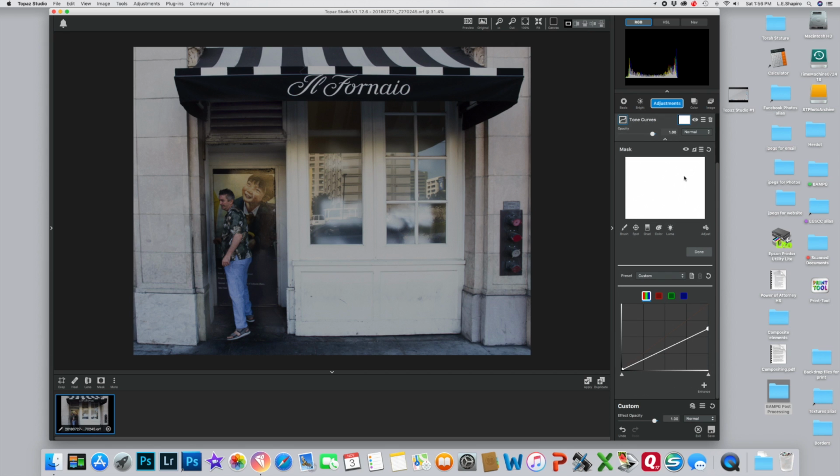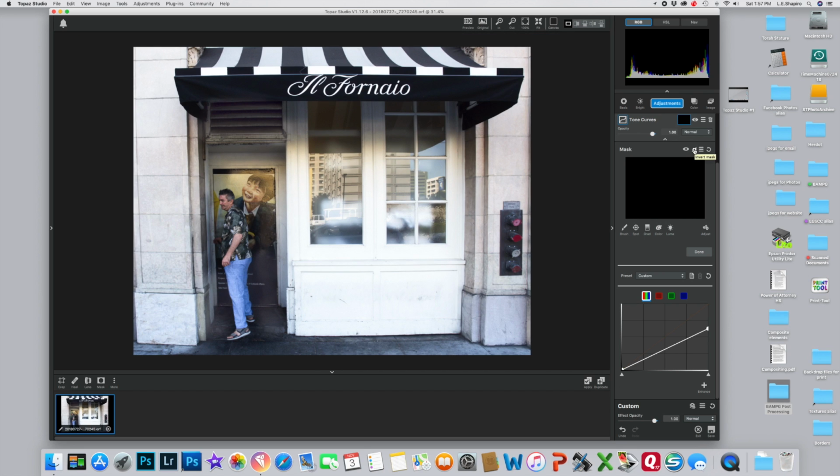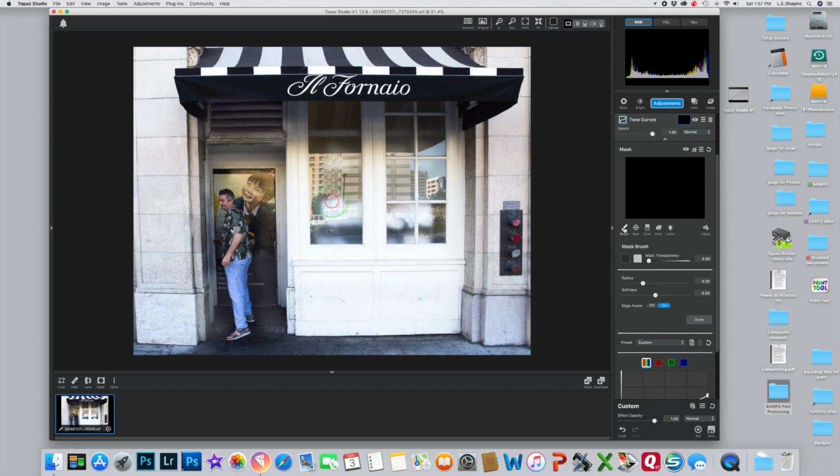But this time, the easier way to do the mask is to invert the mask, make it all black, okay? Take my paintbrush, get some white paint now, and I'm going to make this a little smaller to start with. And I'm just going to paint in right over here, and you can see how I have been able to very carefully